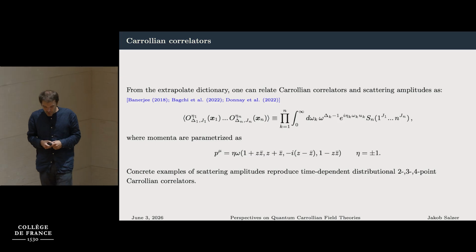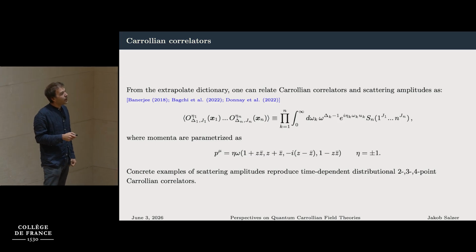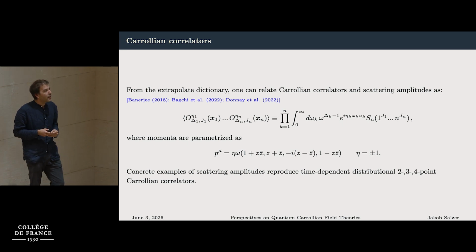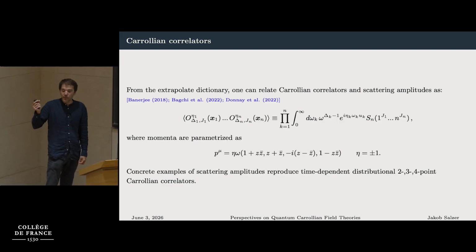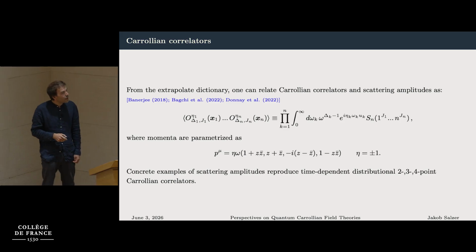Now, we determined these correlators. Can we make a check on them? And the answer is yes. If you remember this extrapolate dictionary that I told you about, we can relate Carrollian correlators to momentum space creation and annihilation operators just by a Fourier transform. So if you think about this, you come to the conclusion that if you start with a scattering amplitude, where you parameterize your momenta again in this way, by some energy times a reference null vector that points to a point x on the celestial sphere,